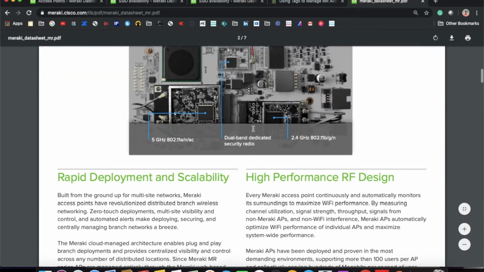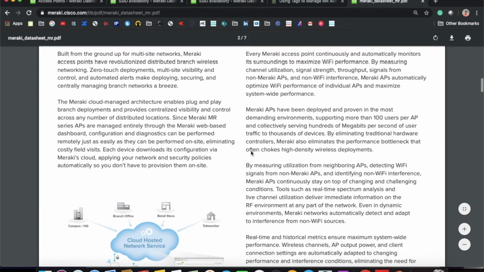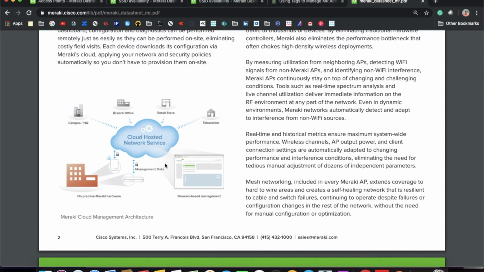So this shows some of the inside circuit level design. So this is how the deployment is. All the access points in your multiple branch offices and the headquarter, wherever they are, you can club into one single dashboard, and from one single dashboard you can manage your entire WLAN infrastructure of your global network.